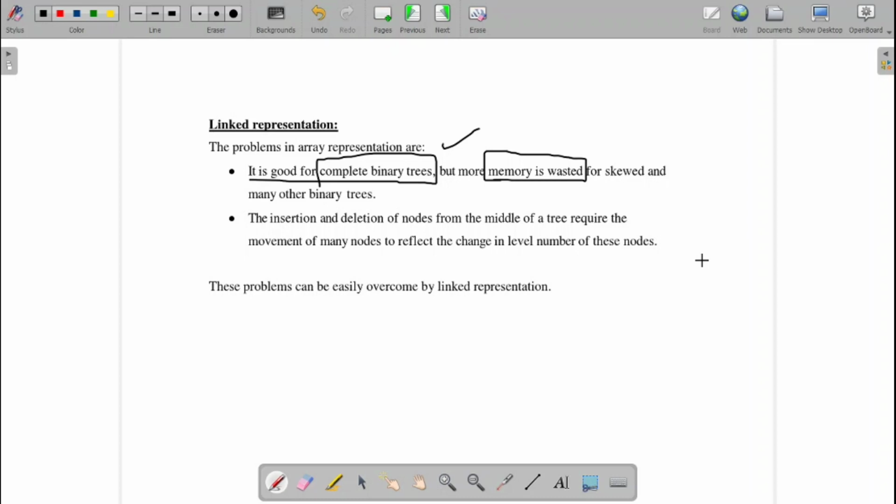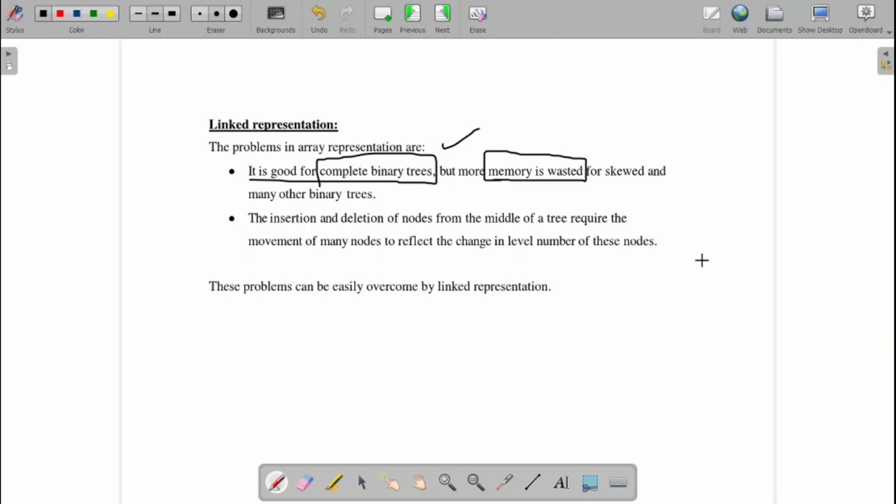The second problem is insertion and deletion in the middle of the tree in array representation. If I want to delete any element from the middle of the tree, there are a lot of changes I need to make to the representation.